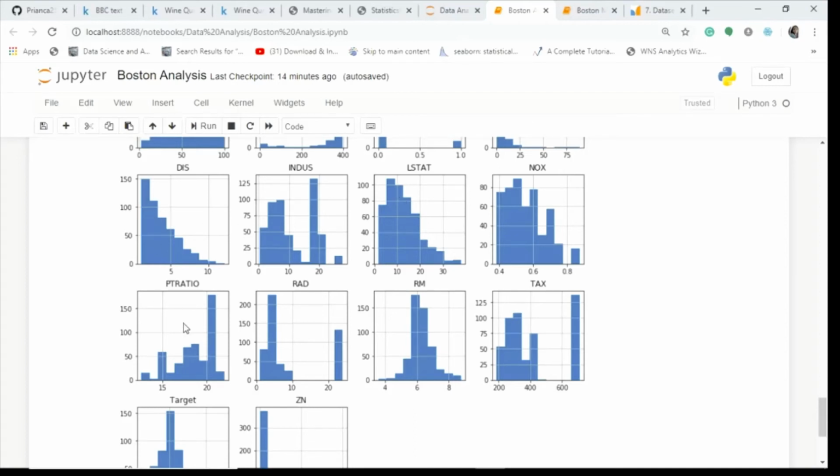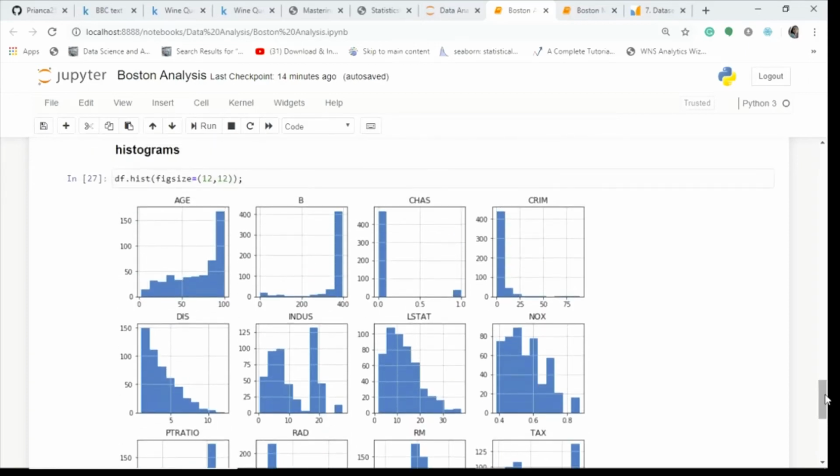Similarly, you can find different distributions, like the pollution of nitrous oxide and the tax distribution. This lab is absent here, and what else? The crime. Okay, and this will also help us understand how these variables really affect